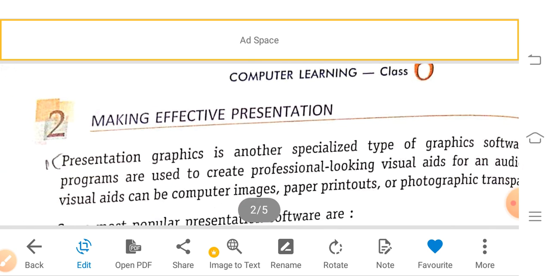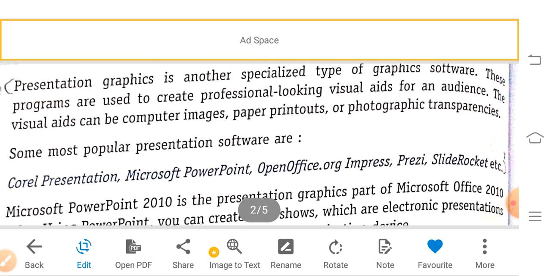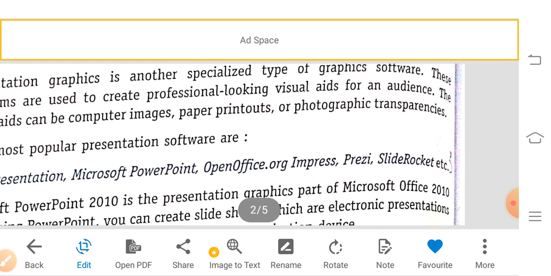First, how to prepare with the graphic software program, because graphics means audio, video, image, whatever we need, all that we can insert, so that it can be easily understood. This is the main purpose. In this presentation software available: Corel Presentations, Microsoft PowerPoint, Open Office Impress, Breeze, Slide Rocket, etc.